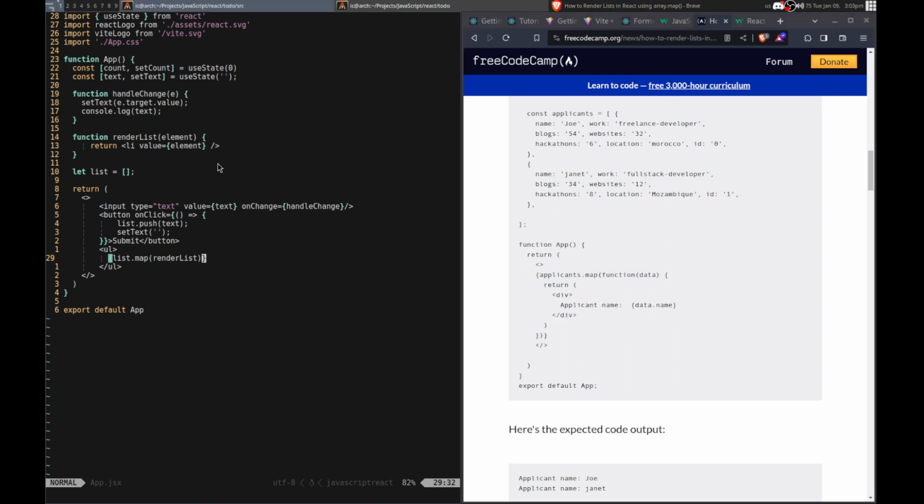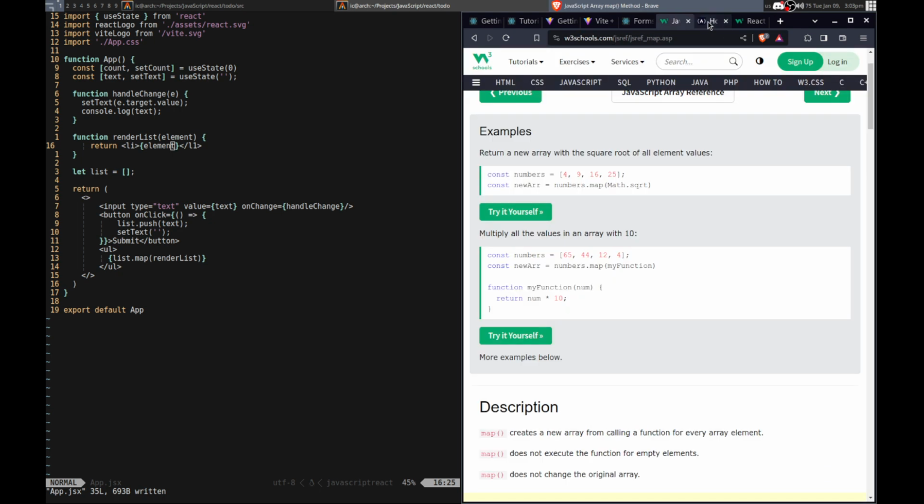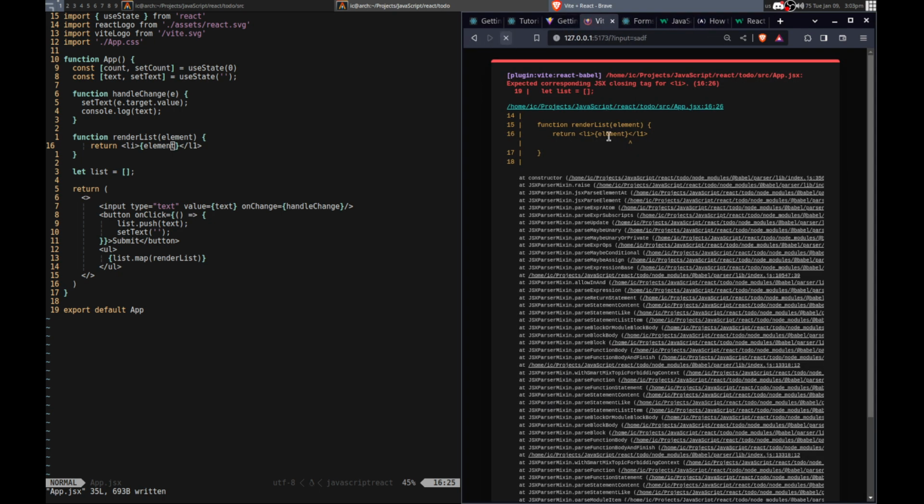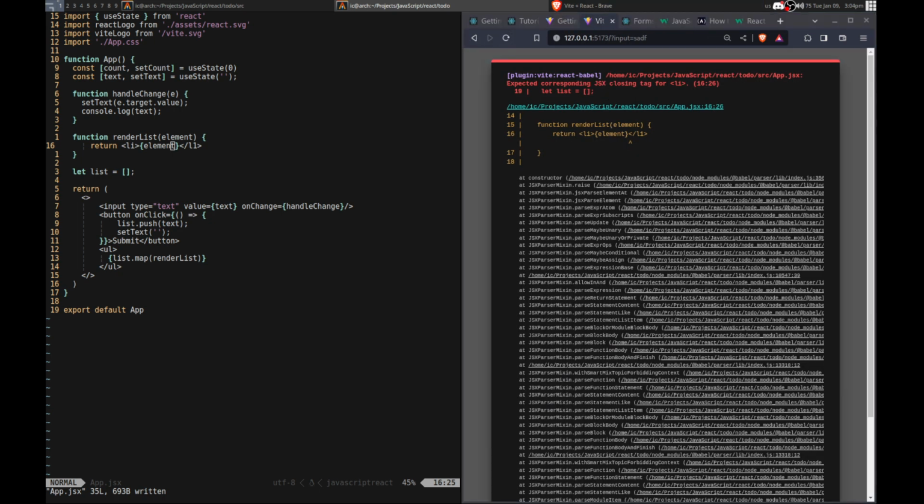All right, I could do that. So I think this value doesn't work, but can I do like this? All right. List.map. Okay. All right. So that's just like a lambda function or however it's called.